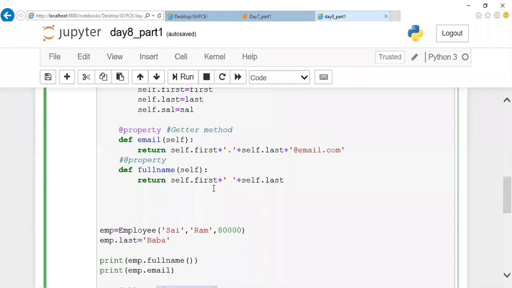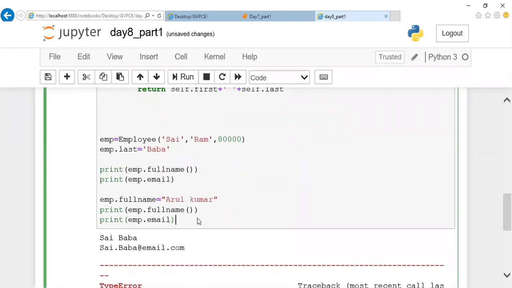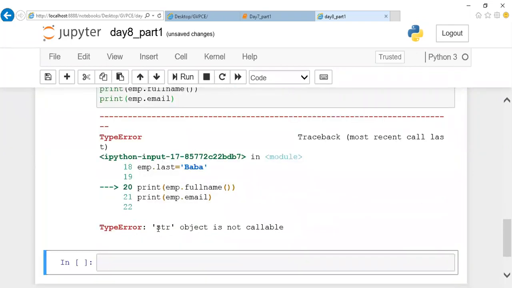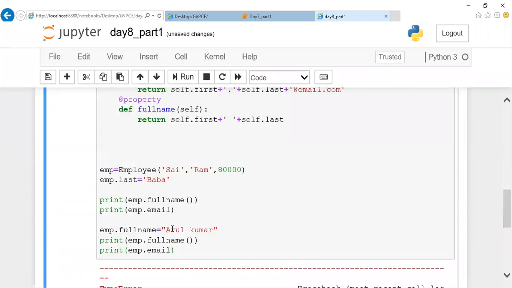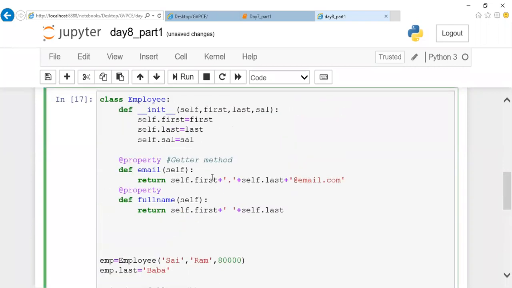If at all you want to do it, I should add the property decorator for it. Even then, after adding the property decorator, when I try to execute, you can notice that you'll have the same error. The reason is I'm supposed to accept this input from the user and set it for this full name existing function.